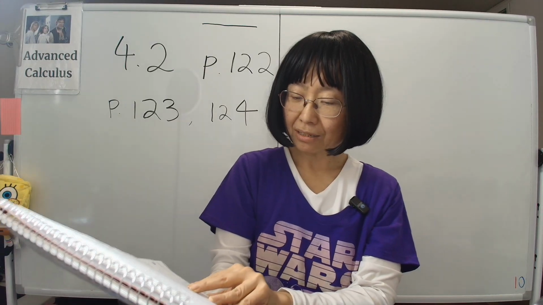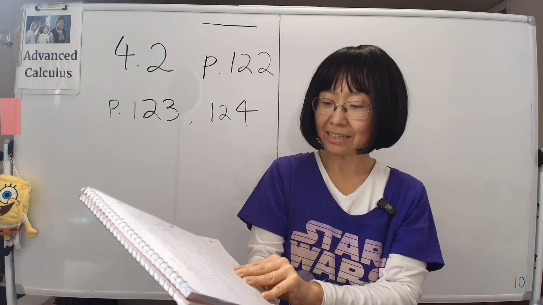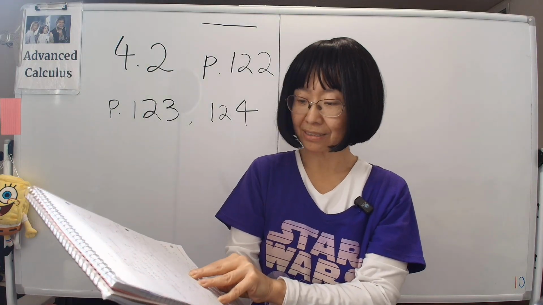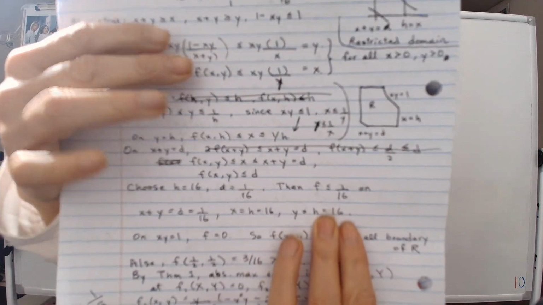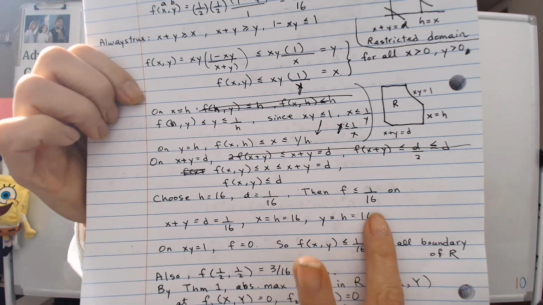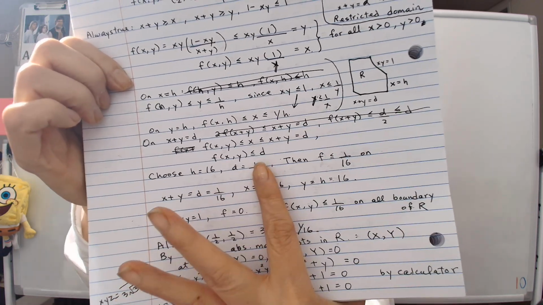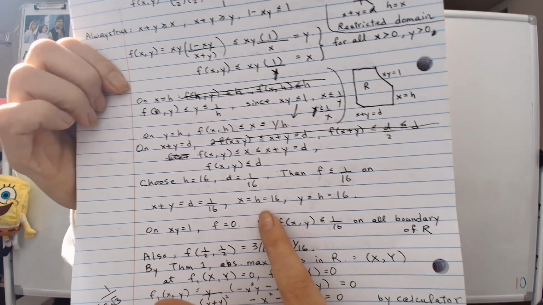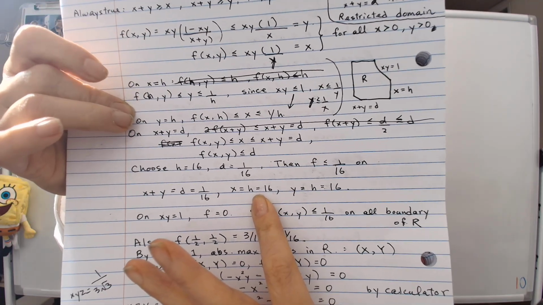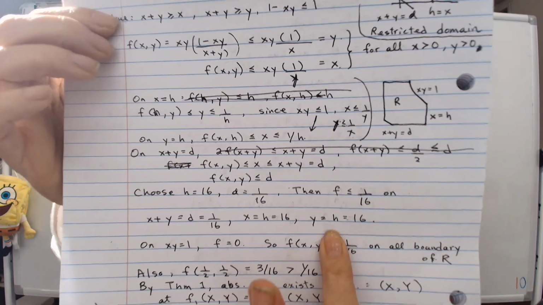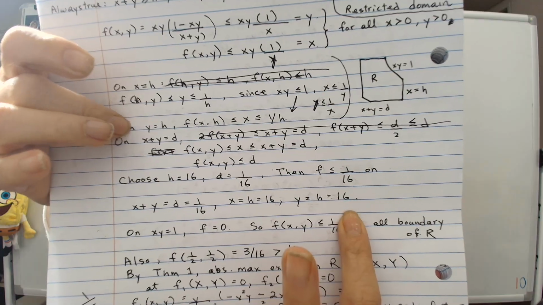So next, we are going to choose h as a big number, let's say 16, and we'll choose d as 1 over 16, so that they're related. And then for our region R, f is less than 1 over 16 on the boundary, because we just said it is less than d. And f is also less than 1 over h, which is 1 over 16, on the y equals h line. f is less than 1 over 16